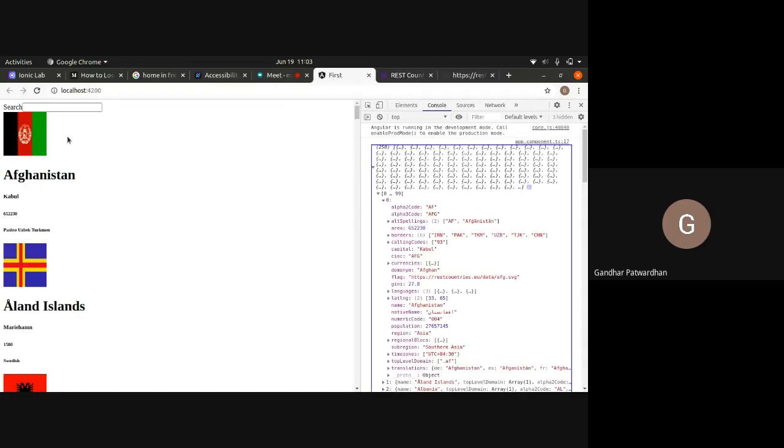So for that, the very first thing that we need to do is, on clicking this country, this will open a new page. So we need to use routing. That is the first thing that we need to do. And along with the routes, we'll pass the country code to that component or to that page, right?